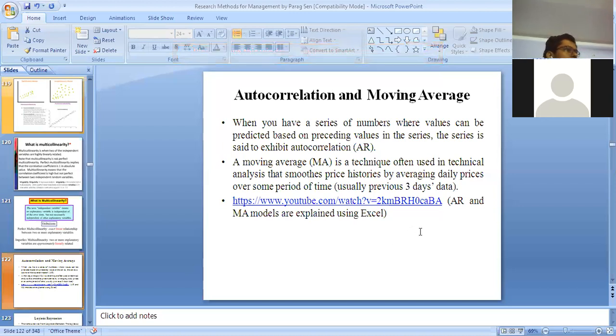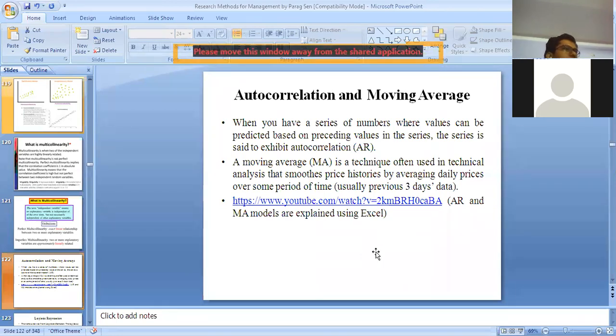So there are a lot of different techniques on moving average that you can search on YouTube and note down, because time series analysis is very important for interviews, and a lot of questions are asked on it. Sometimes these two techniques are integrated, and that is known as ARIMA or ARMA, autoregressive integrated moving average.